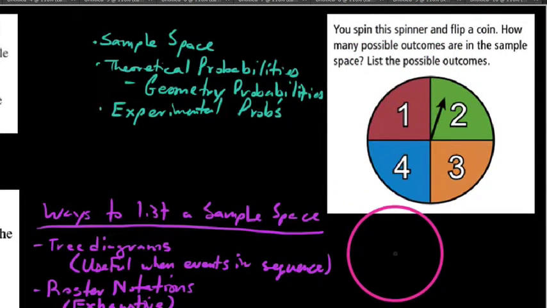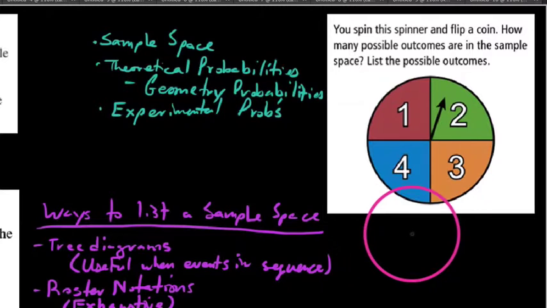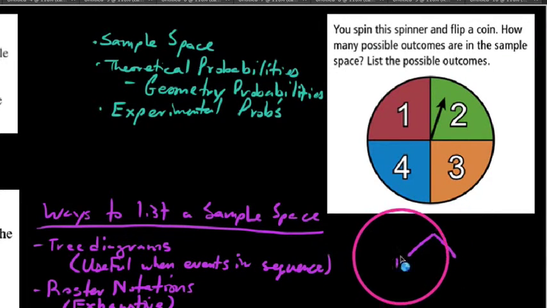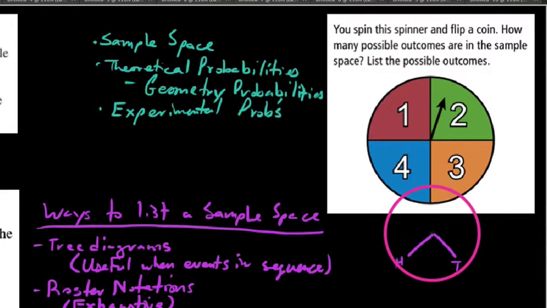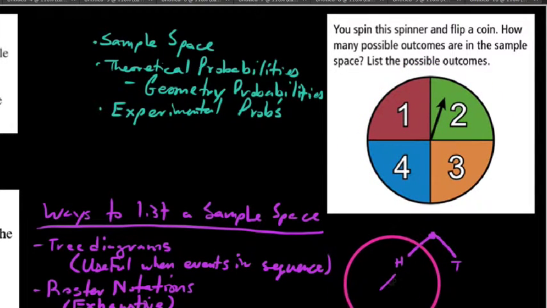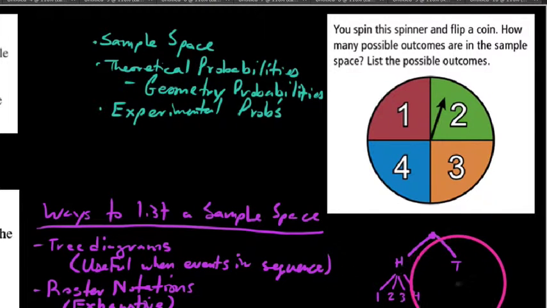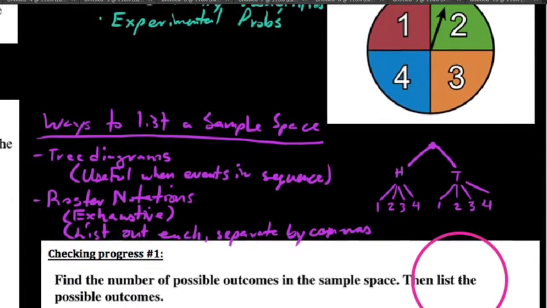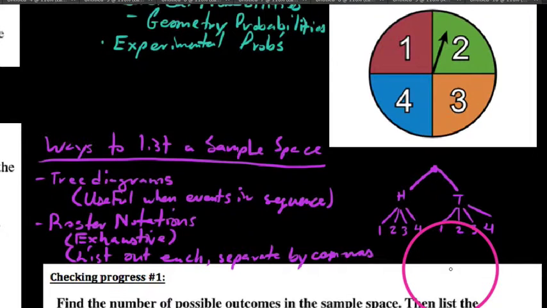What we're going to do is make a list here using a tree diagram first. Flipping a coin, the two initial possible outcomes are that we get a heads or a tails from this initial point. And then from here, it looks like we have all four evenly spaced areas, 1, 2, 3, and 4. If everything's equally likely, we could say 1, 2, 3, 4, and then also from our tails, 1, 2, 3, 4. So listing them this way, there are 8 possible outcomes in the sample space,